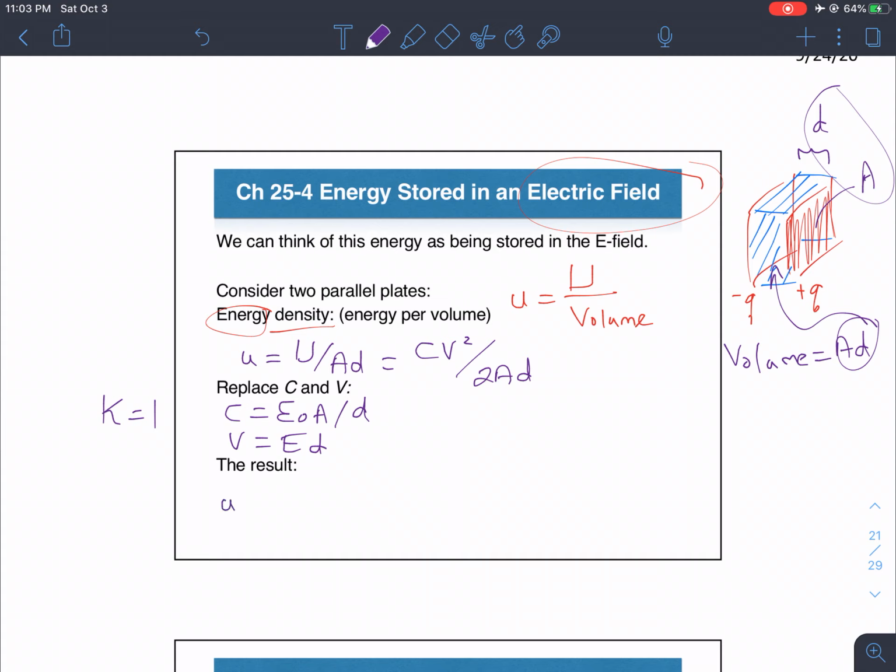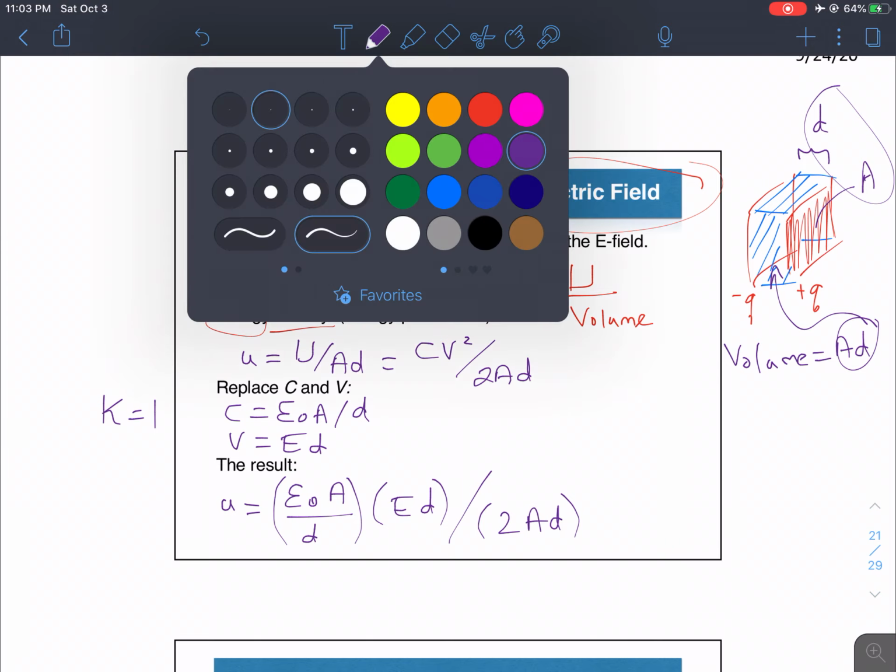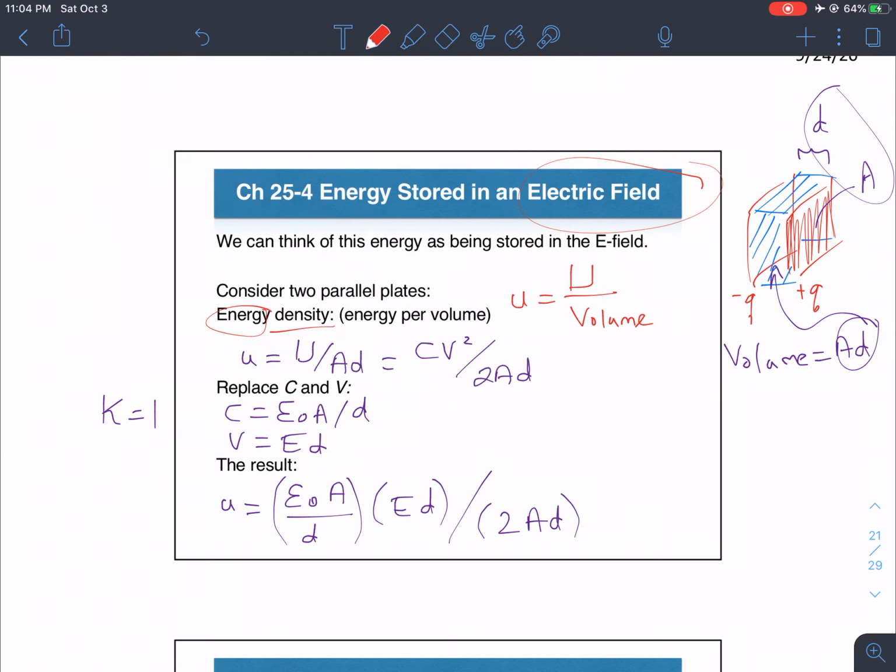we are going to get, so let's just write it, C is epsilon naught A over D, and V is E times D, and we also have at the bottom 2AD. I'm putting everything in parentheses so we don't confuse what is at the bottom and what is at the top. Looking at this, the area is going to go away and these are going to go away, and then what do we have left? 1/2